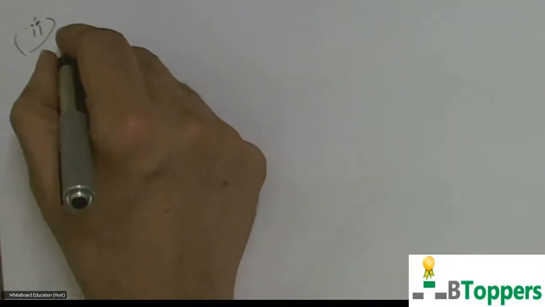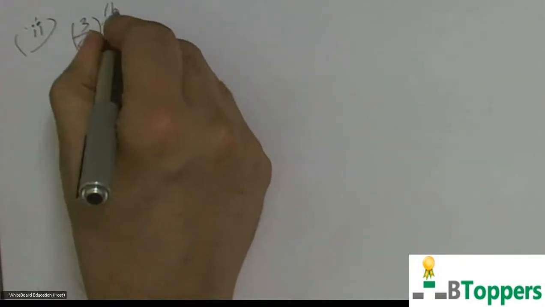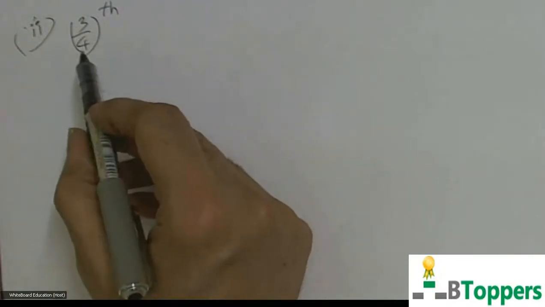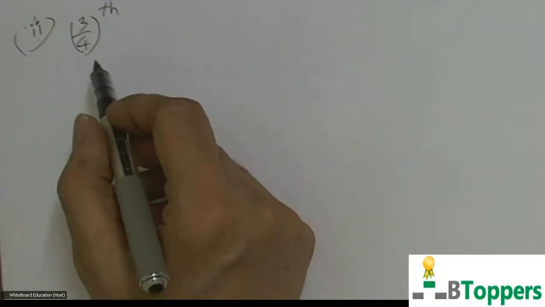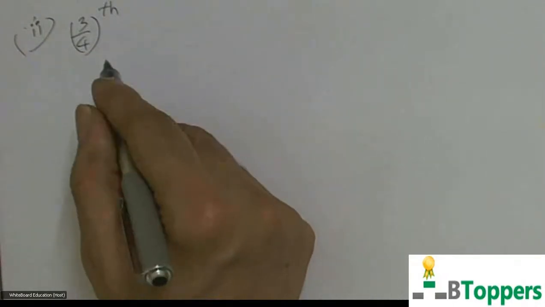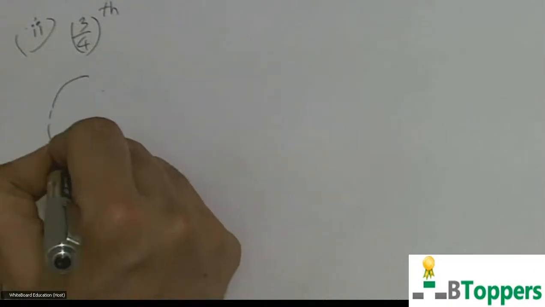In the second part of the question, you have to find the magnitude of the average velocity of the particle and also the magnitude of change in velocity of the particle during the time interval when it completes 3/4 of the revolution.